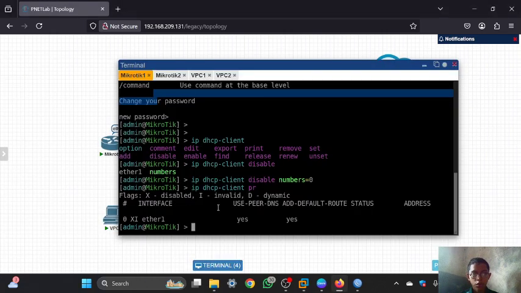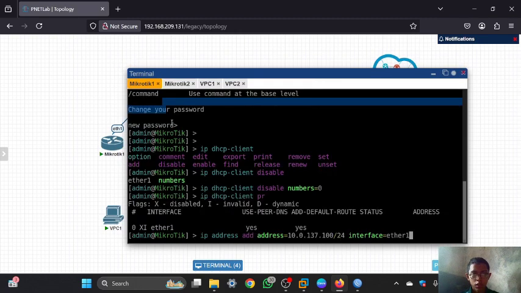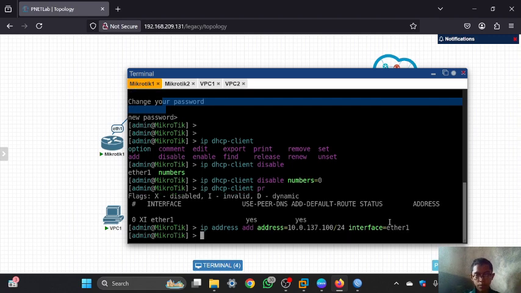Next I will configure in here. I will add an IP address first. For the address, I will use this IP. Don't forget the prefix. And the interface is ether1, because ether1 is connected to the internet. And then you can press enter. You can see in here.